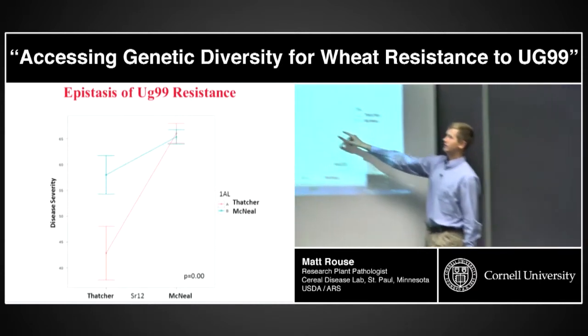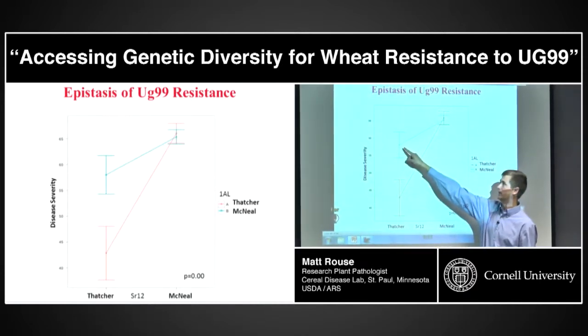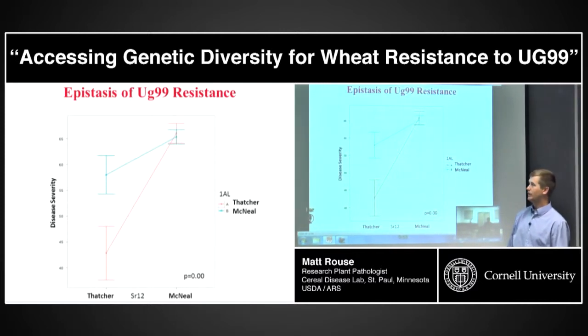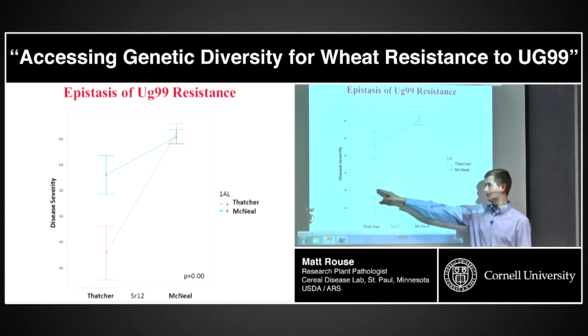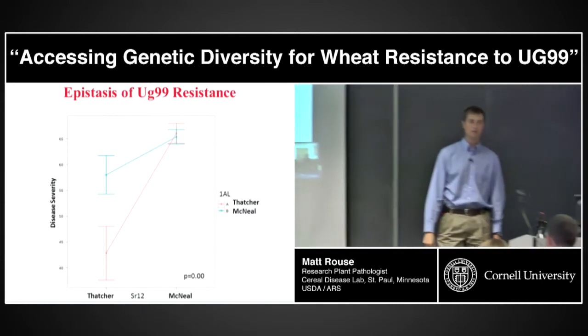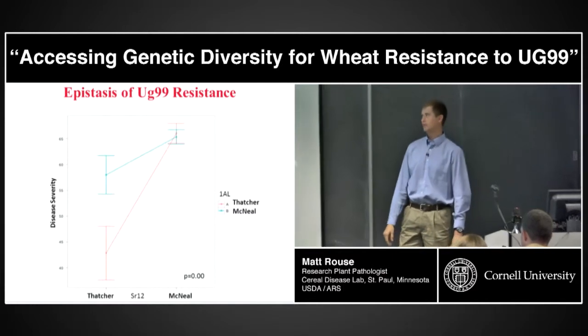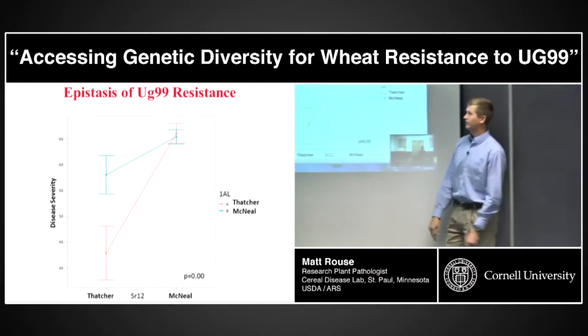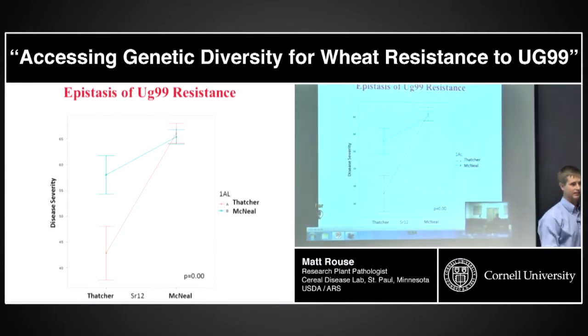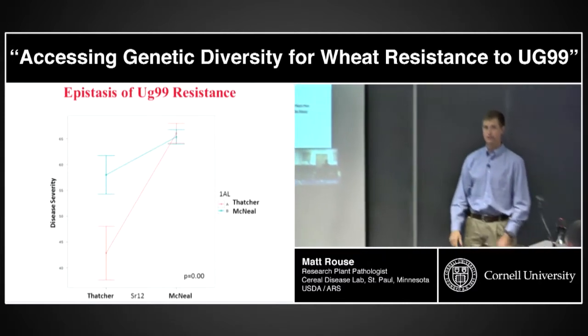When you look at the effect of just SR12 alone, which is displayed here, you can see a slight reduction in disease severity. But when you have both of these QTL together, you get a more dramatic reduction in disease severity. And so if you're familiar with epistasis, the fact that these 2 lines are not parallel is indicative of epistasis, not just quantitative